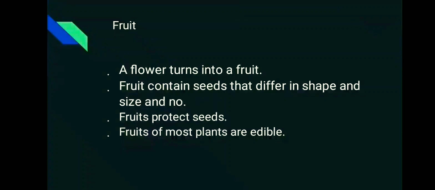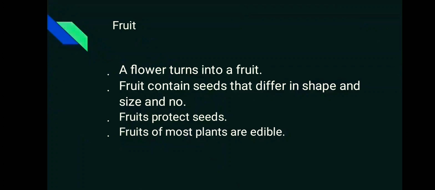Now, as a part of a plant, how does a fruit grow? Children, a fruit grows from a flower. As I told you, a flower turns into a fruit. And inside a fruit, what do you see? Like in the case of mango, you see pulp inside, right? And also you can see one big hard structure inside the mango. What is this? This is seed. In watermelon also red pulp is there, but small black colored structures are also present. What are they? They are seeds.